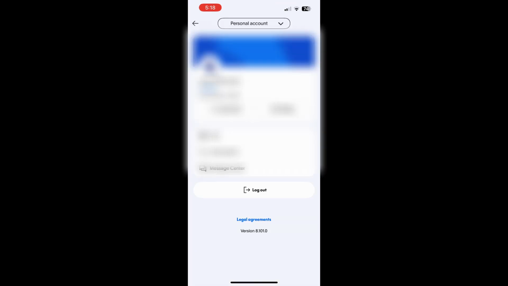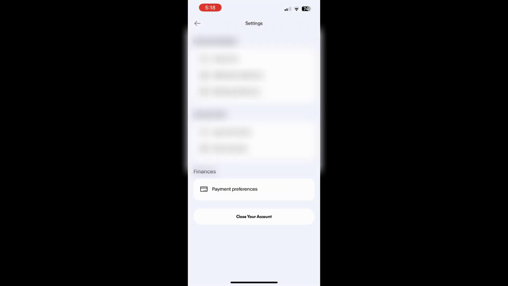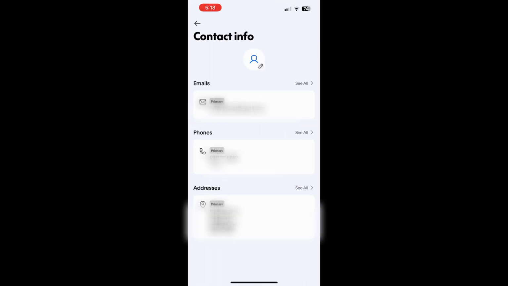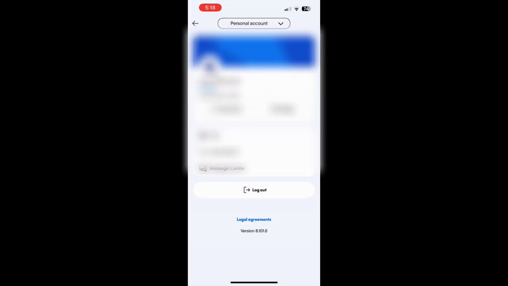Now, click the settings icon or your profile in the top right corner, then go to Account Settings or Account Details. On the left side, look for Business Information or a similar section. Click it, and on that page, you should see your merchant account ID listed along with your business name and contact details. You can now copy this ID and paste it wherever it's needed, like in payment gateways, website integrations,